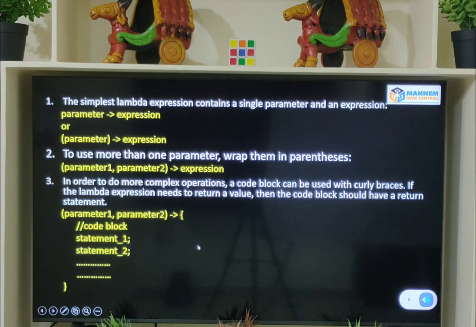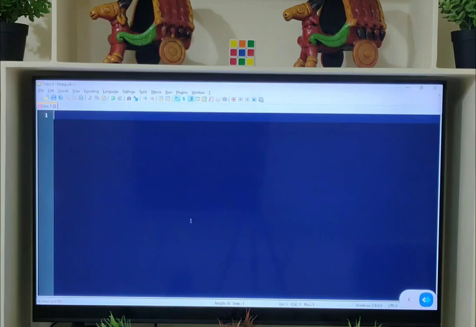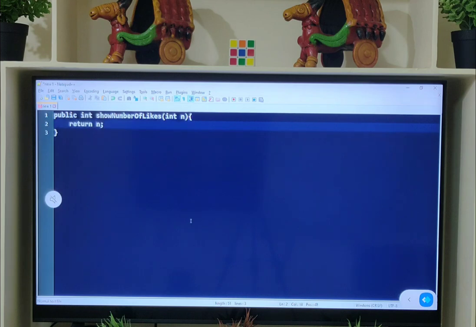Let's see the small examples which will support points 1, 2, 3. Public int show number of likes, int n, return n.